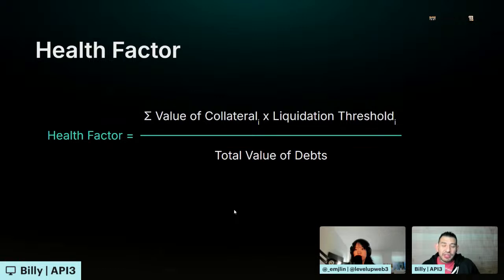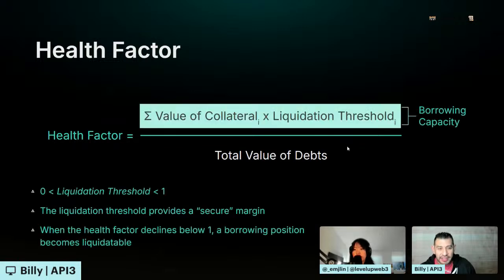So how much can we actually borrow? This is going to be the most important thing if you're in borrow-lending, and as a liquidator: health factor, right? Health factor is a simple formula: the value of your collateral, which is the value of your ETH, times the liquidation threshold, which is what the platform decides, what value it can get before it feels like it's bad debt, divided by the total value of your debts, right? So just understanding this formula, we'll cover a little bit more. Let's get into the details of it, right?